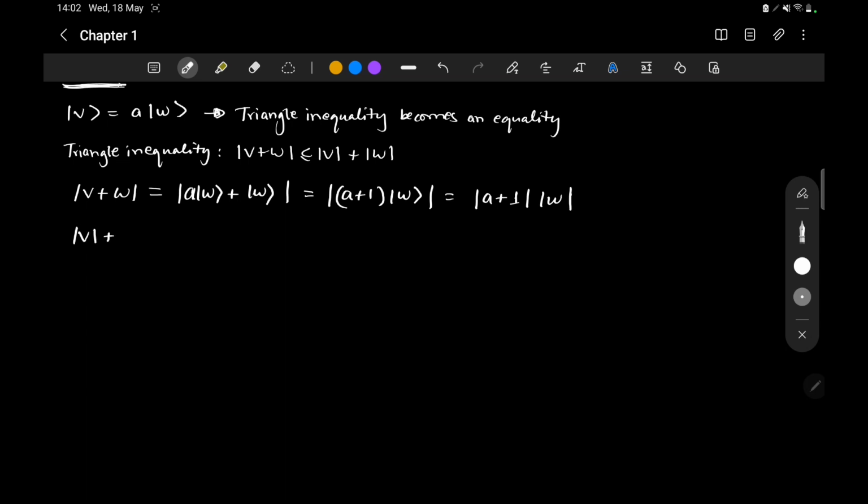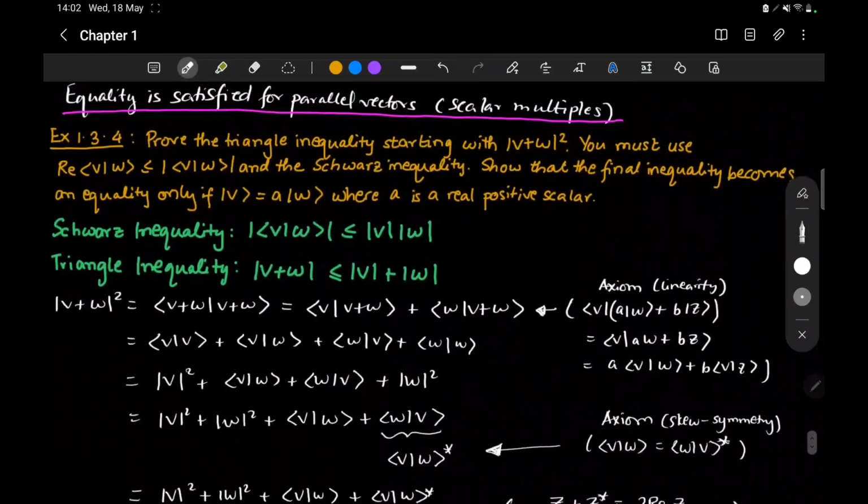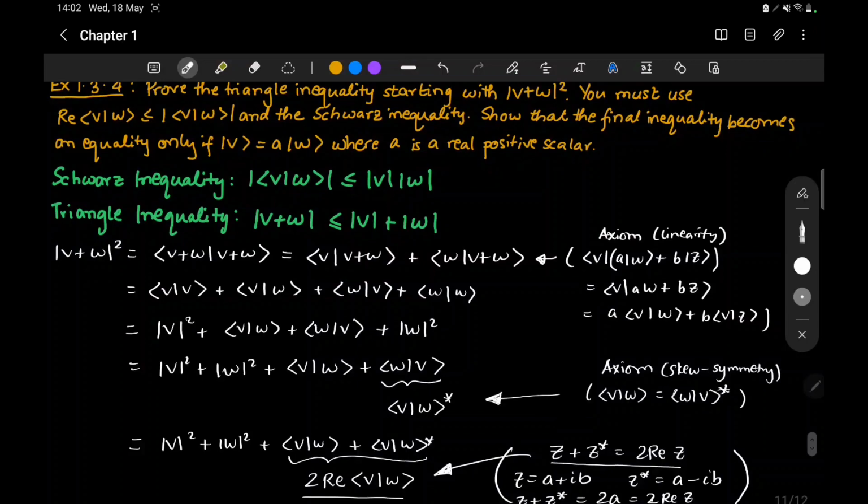Then for the right hand side we have. Now note that this is the left hand side, this is the right hand side, and note that